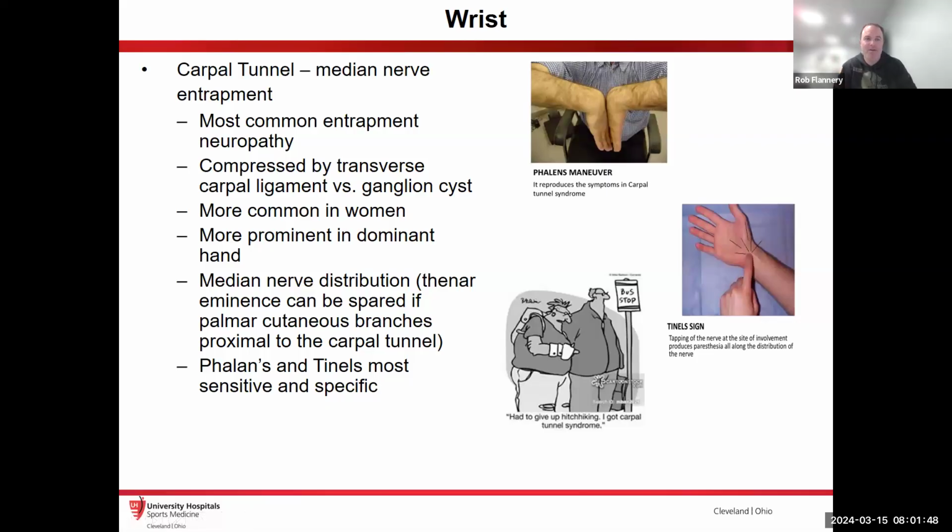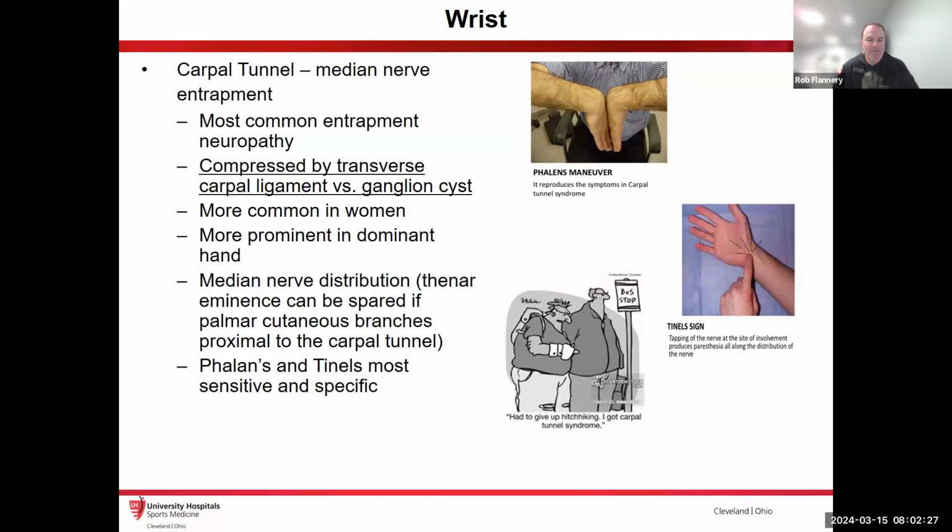So starting with the wrist, the main one is going to be carpal tunnel. Everybody should know it's the median nerve. It's the most commonly entrapped neuropathy. It's going to be compressed by the transverse carpal ligament versus a ganglion cyst. More common in women, more prominent in the dominant hand. And then you have that median nerve distribution. Thenar eminence can be spared if the palmar cutaneous nerve branches proximal to the carpal tunnel. This is where you can get into trouble a little bit with some of the percutaneous releases, carpal tunnel